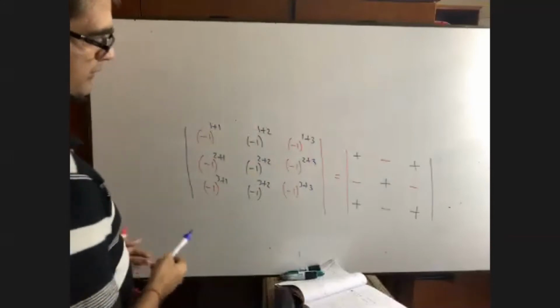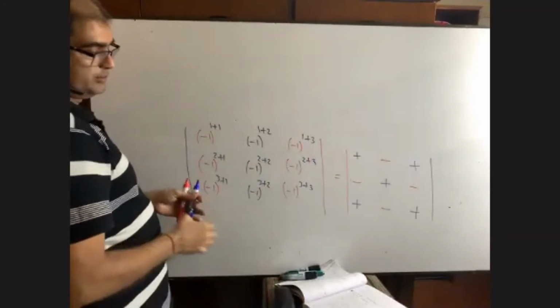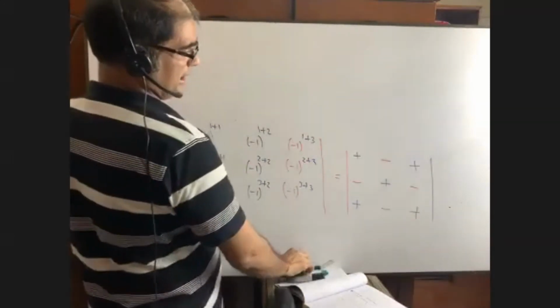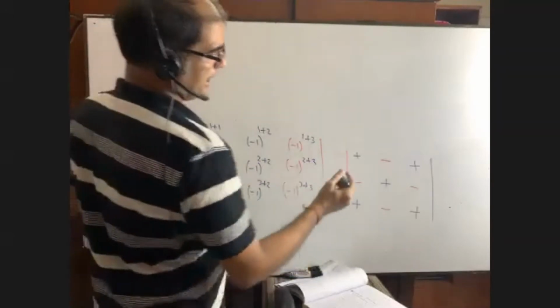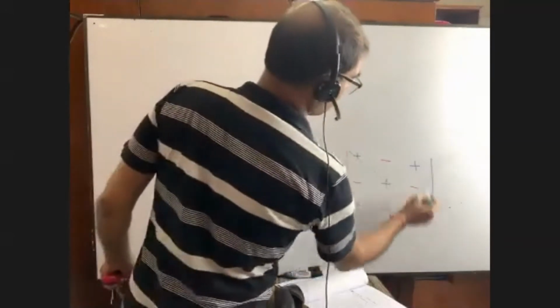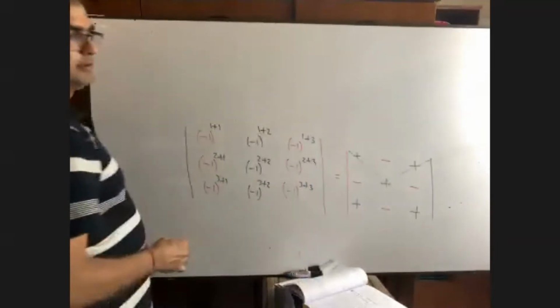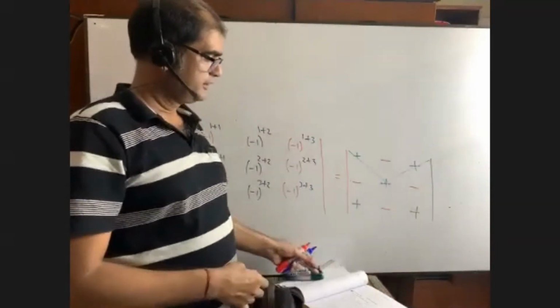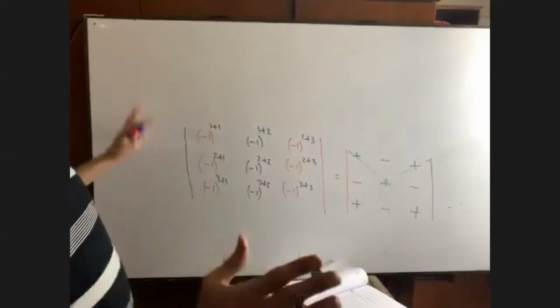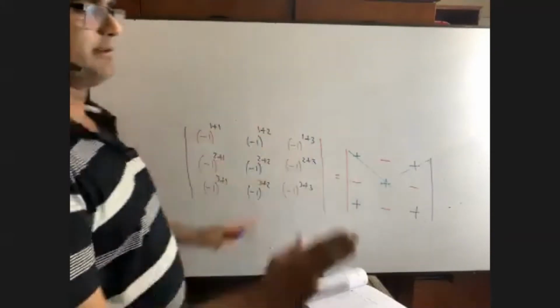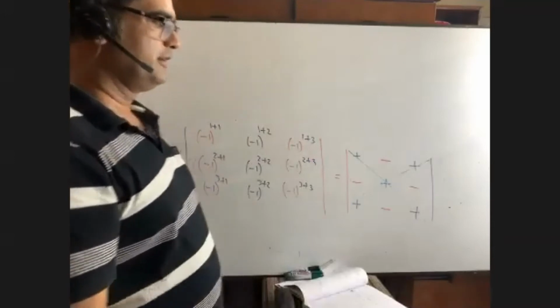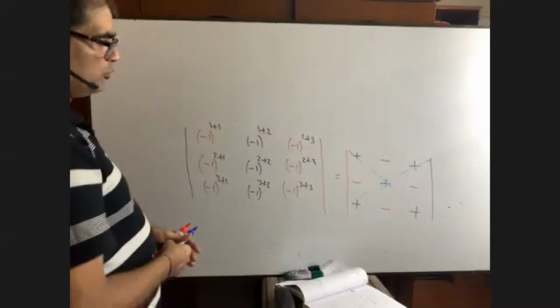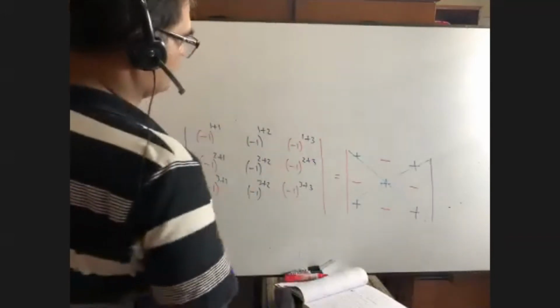Okay, you see please. Along the diagonals, all are positive. Have you seen? Yes, sir. And other than diagonals, all are negative. Is it? Yes, sir. We won't go for that. What we'll come to know?